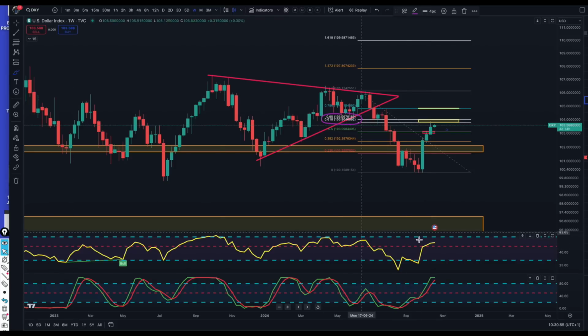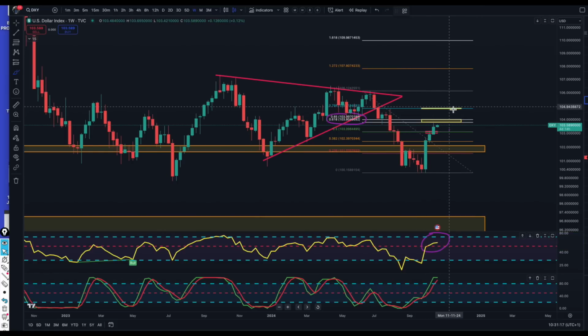Now if you look at the RSI, you can see there may well be a little bit more to go here. So I've marked out the 78.6, which is at around the 104.8 level. So either we're going to get rejected here, and as we can see, as the dollar came up to the 61.8, it had a rejection, leaving a nice wick at the top. So this may well be a rejection at this point, or if we do have another leg, there'll more than likely be a rejection at the 104.8 level.